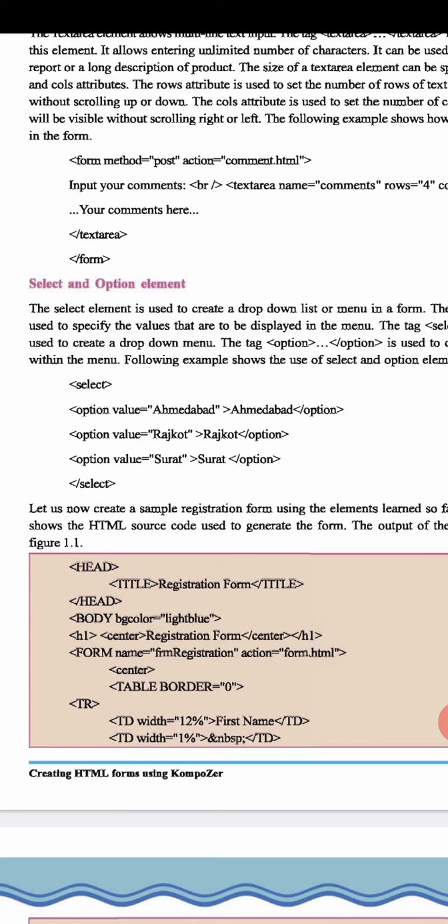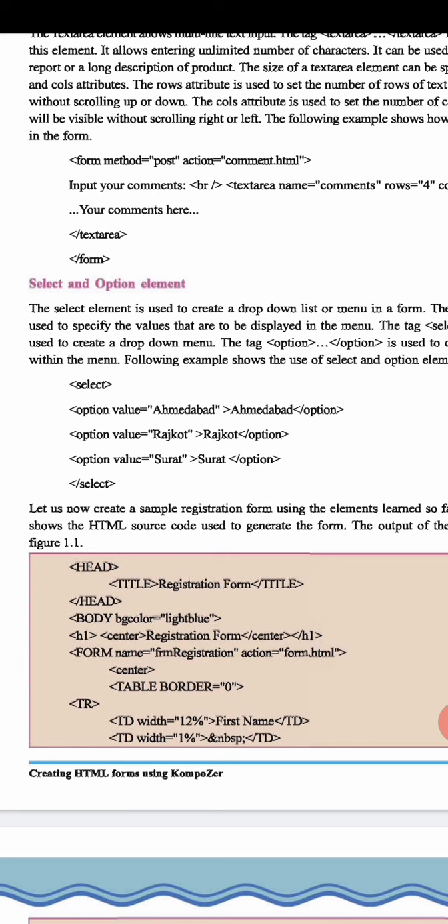For that we have taken a select tag. Then we have taken option value. Option value means the names which you want to insert in the list. For that you have to give option value, such as Ahmedabad, Rajkot, Surat.